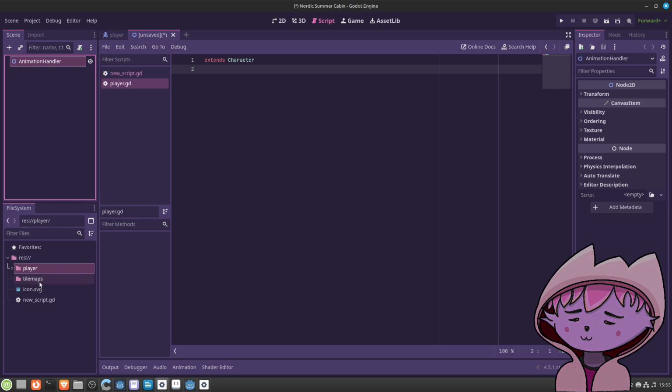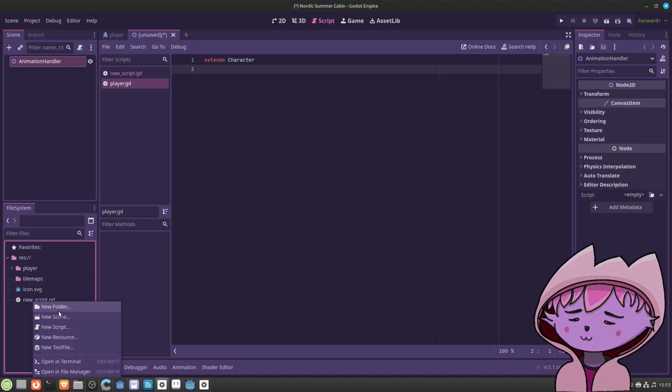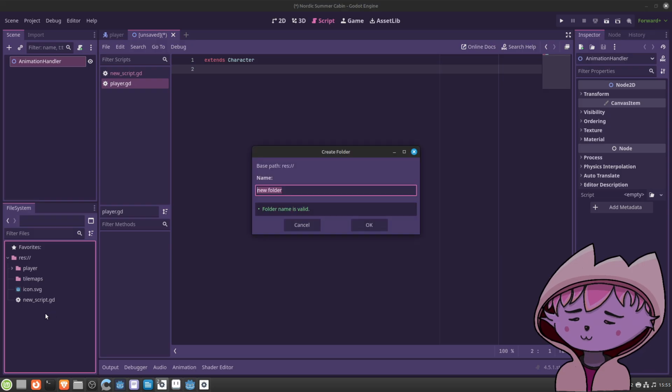And it should go to, I don't know, tools folder, helpers, handlers.